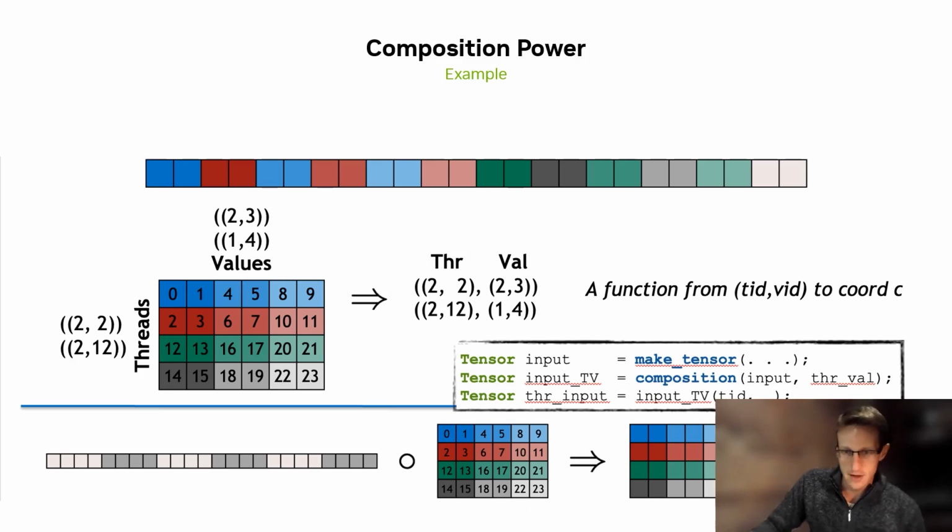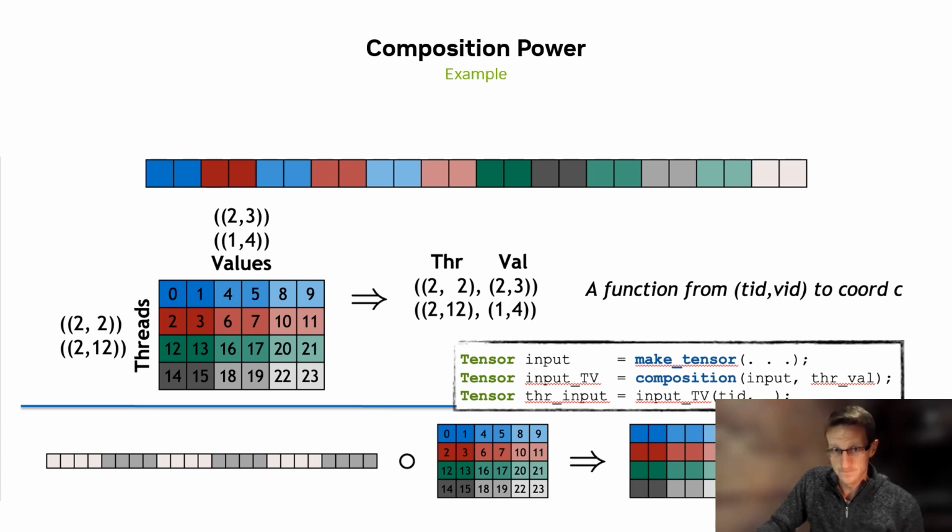We can create an input vector any way we like. We perform a layout composition of that input tensor with the thread value layout. And remember, this is just changing the view of our input data. It doesn't actually cost anything. Then, as a final step, we slice the resulting tensor with the thread's index in order to get the partition